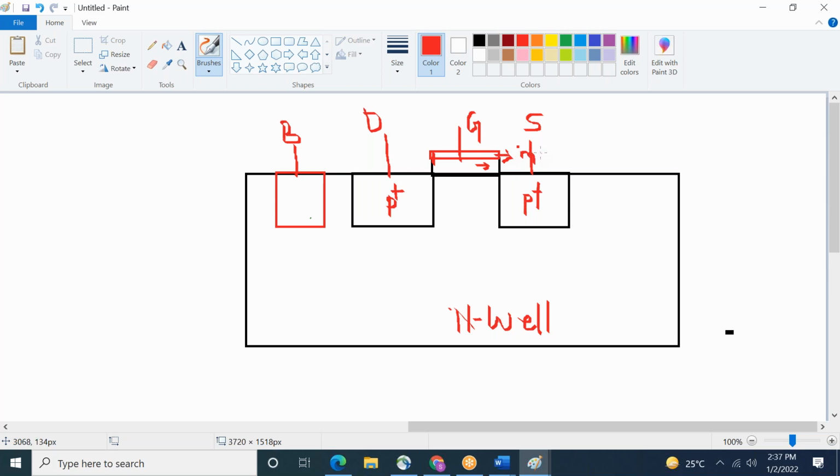So this is metal. Or sometimes poly will be used, but assume this is gate, drain, source. This is oxide. This is semiconductor. Even metal is also there in some other places.